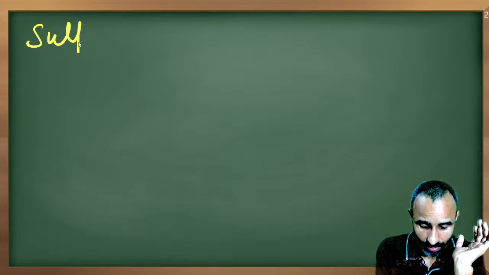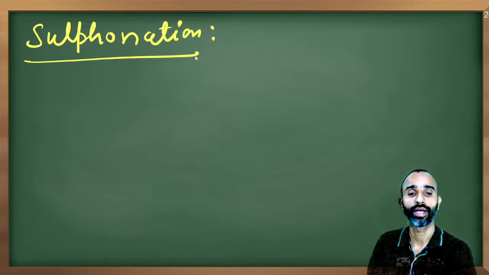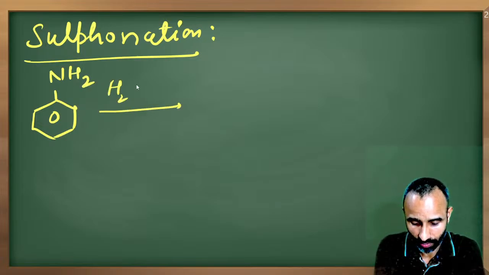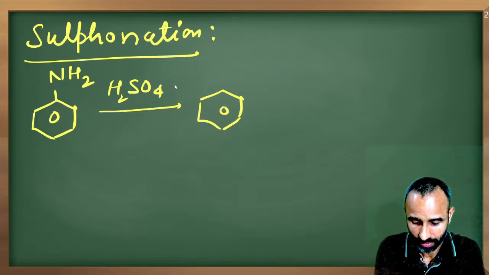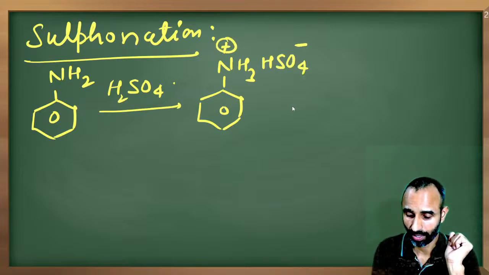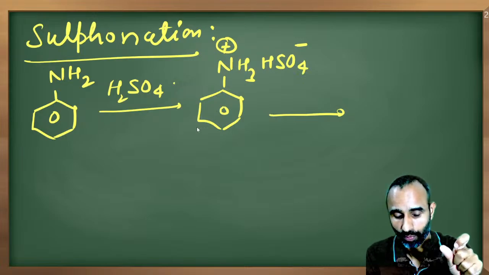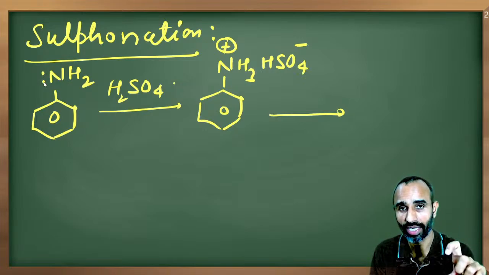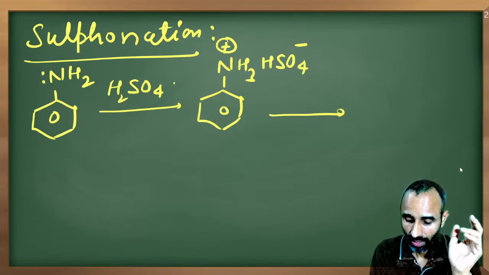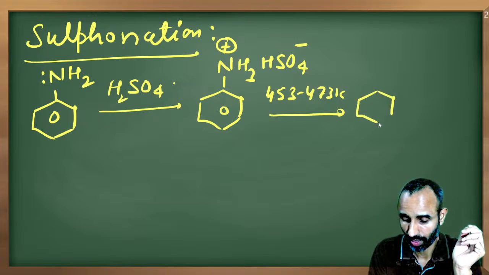Now next is sulfonation. So when sulfonation takes place, you know, aniline reacts with H2SO4, an acid and base reaction takes place. So we have anilinium hydrogen sulfate, and because it is a simple acid base reaction, aniline is a weak base, H2SO4 is a strong acid, so an acid base reaction takes place, we get this salt, and when it is heated at 453 to 473 Kelvin temperature, we will get